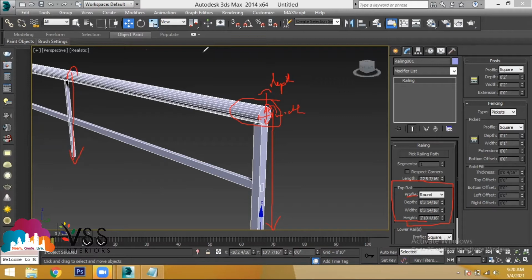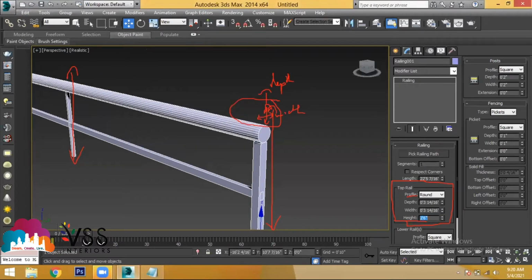The basic height we use for the railing is around 2 feet 6 inches to 3 feet. So the starting railing height would be from which size? 2 feet 6 inches to 3 feet. Clear? You have to remember the standard dimensions.